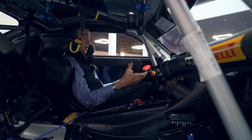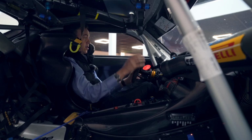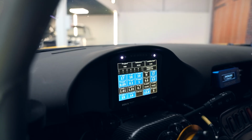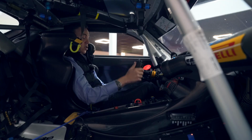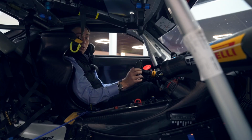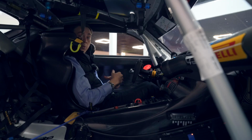The final 2 main buttons on here are DDU page minus and plus. When we turn the ignition on in a second, you'll see there are many pages in front of you here, and that's to scroll through the different pages, so you can see different things on different pages. Then finally, you've got your start-stop button. So you put your foot on the clutch and the brake, and you press the start-stop button, it'll start the